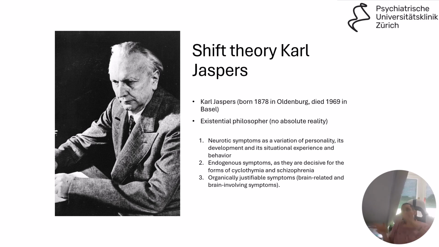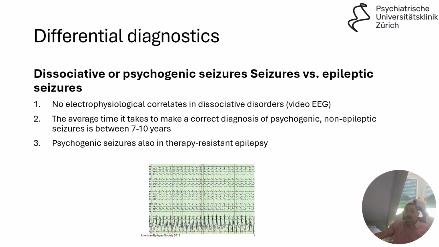However, if you have other patterns like sequences of rapidly changing vigilance which are not in themselves pathological, then you're more likely to be in the second layer. That means you can gain some information about, for example, psychosis or affective disorders. So here we use the EEG for differential diagnostic in this dissociative or psychogenic seizure versus epileptic seizures, and here